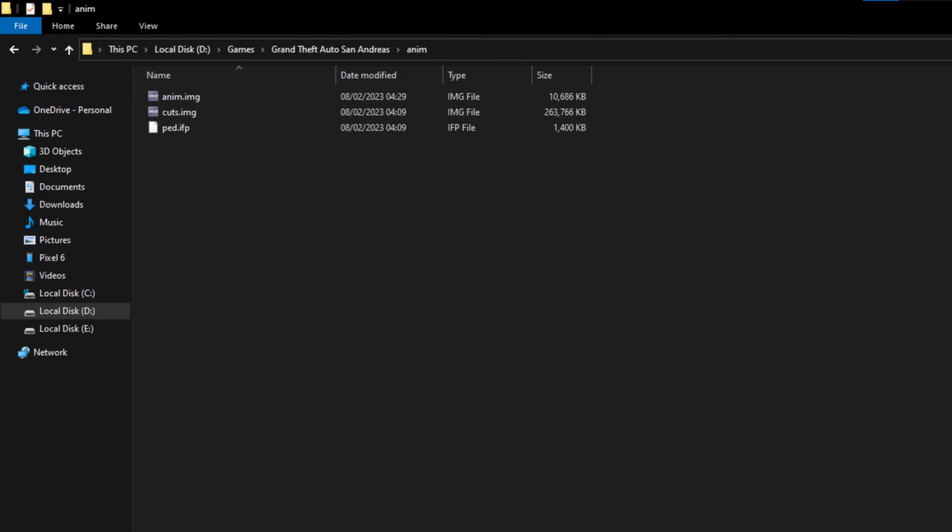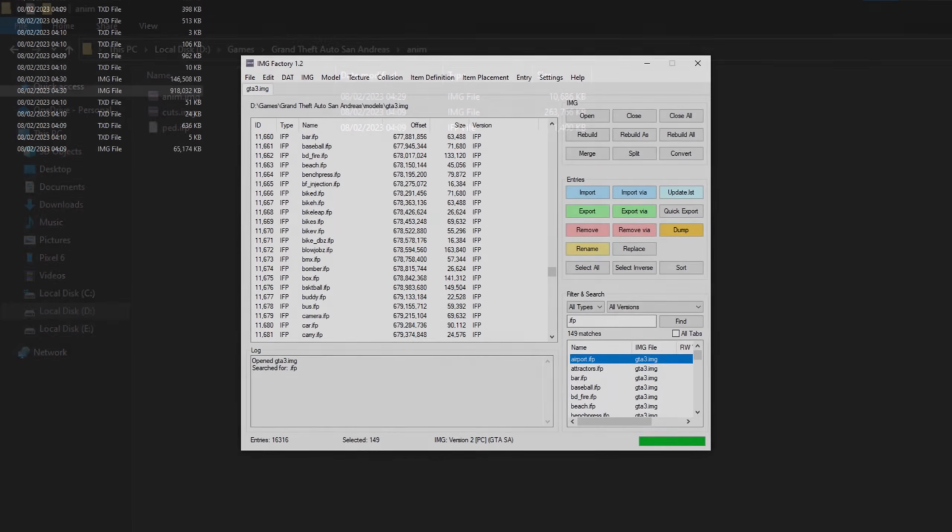Next, .ifp files. IFP files are the game's animation files, and they can contain multiple animations. Most of the game's animations are located in the game's anim folder, located in ped.ifp, and the two IMG archives, which contain more IFP files. Some of the animation files are also stored in the GTA 3.img archive. IFP files can be loaded with ModLoader. So for instance, if you were to extract any IFP files from here, edit them, and put them in ModLoader, ModLoader will load your edited IFP files instead.